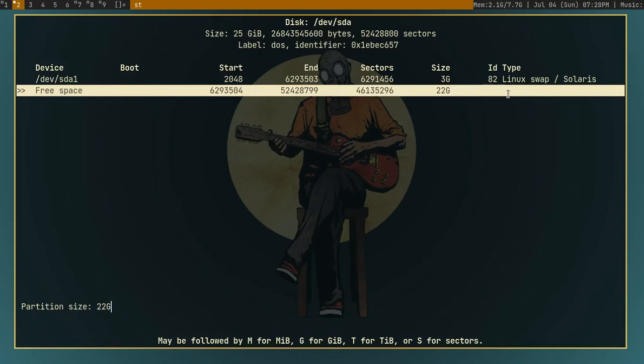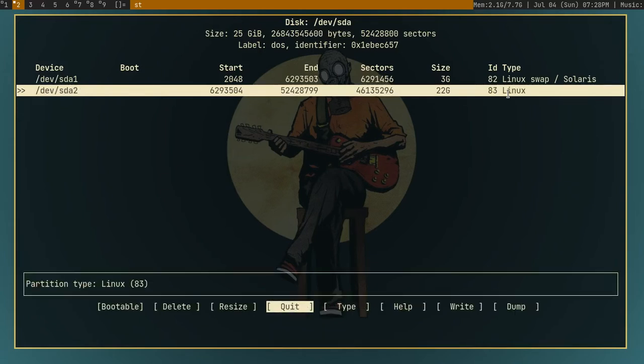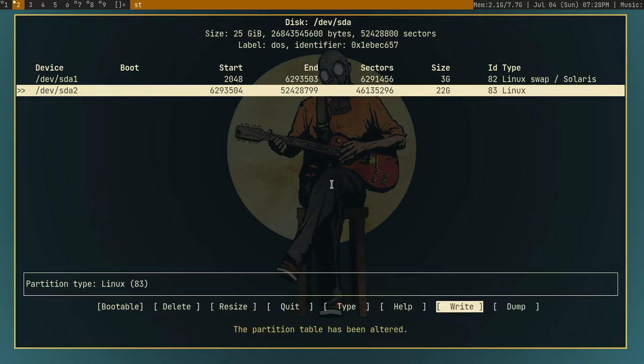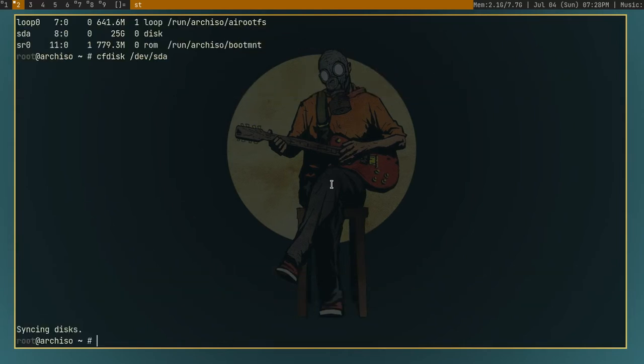I'll give the rest of the space to it. It's a primary partition, and then I'll just go to write, hit enter. I'll just say yes, and remember to type the full word yes, and then hit enter, and then I'll just press quit.